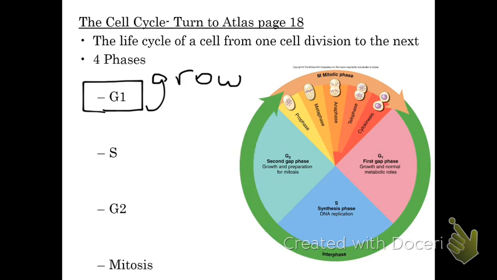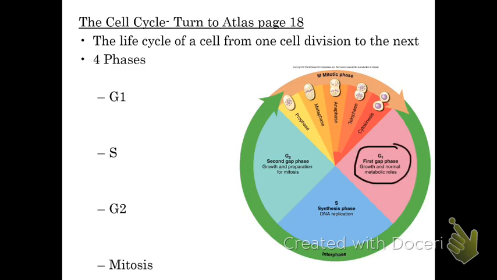So in this diagram, this is representing the life cycle of a cell. Let's just say this is one of the epithelial cells in your skin. And so the cell cycle begins with G1. So the cell has just been formed, and it's going to grow. It's going to do its normal metabolic processes. And if that cell begins to receive the correct chemical and hormonal signals, the environment's right, and all things are good, then that cell is going to prepare to divide at some point in the future and will enter into